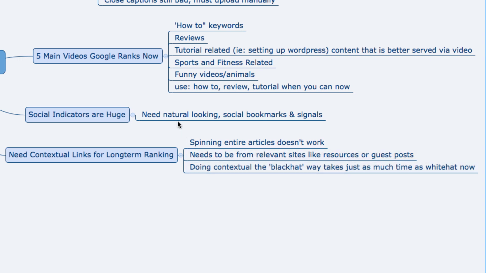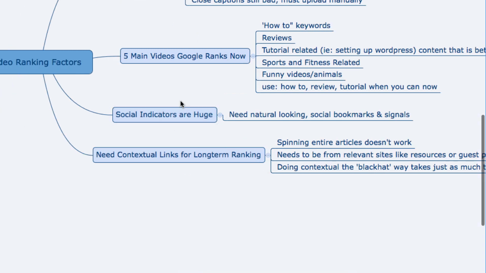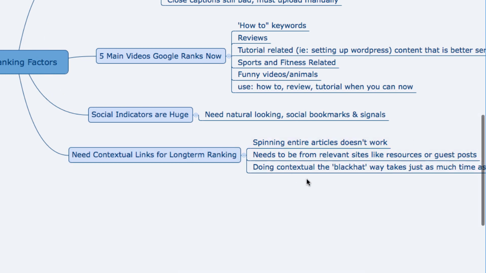So what I recommend is getting the good social bookmarks or non-contextual links in a natural fashion pointing to the video, but then also having good content and surrounding your link with relevant content to help it rank as well,